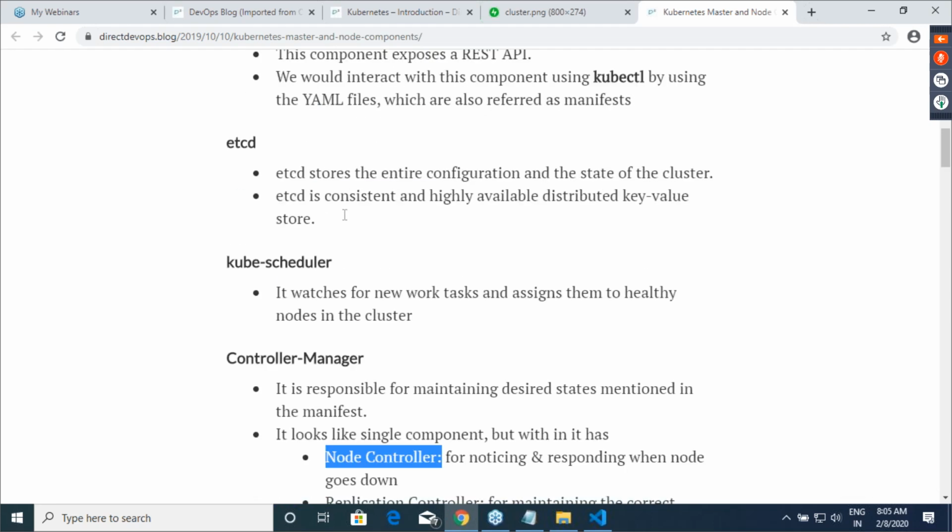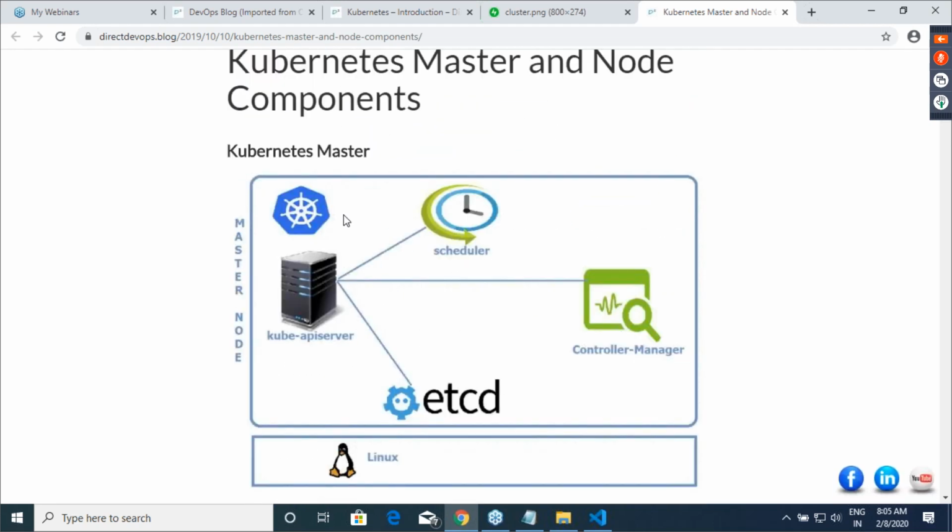So what are the 4 components of master? API server, scheduler, controller manager, and then etcd. What is the responsibility of API server? It is responsible for communication. So when master wants to communicate with someone, API server is responsible for that communication. So to be very specific, in Kubernetes, the component with which you speak is API server. Okay, and then etcd. etcd is a memory. Whatever you do in Kubernetes, everything is stored in etcd.